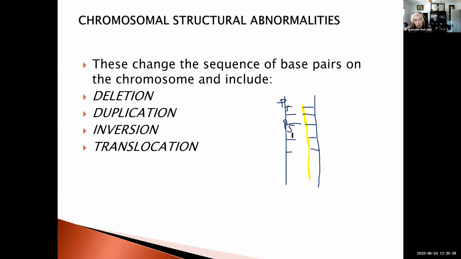It's making the wrong thing. If it's duplicated, same problem. All the addresses are wrong in the direction that it's trying to read. If it's inverted, the spelling of the word that it's trying to make is upside down, doesn't work. And if it's missing and it's not even on here at all, then it never even sees it. So all of this disrupts the code that RNA reads and makes it so that it cannot assemble the proteins that it needs to assemble. All right, so